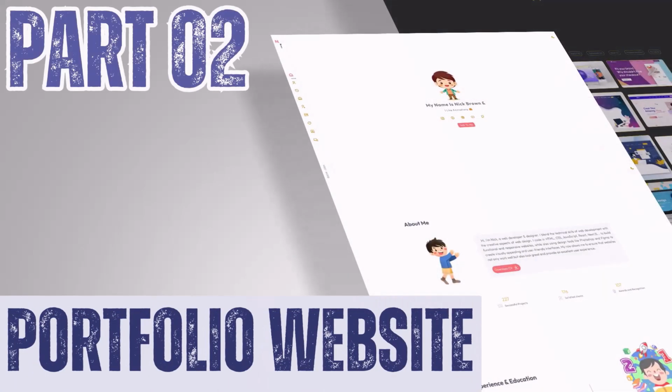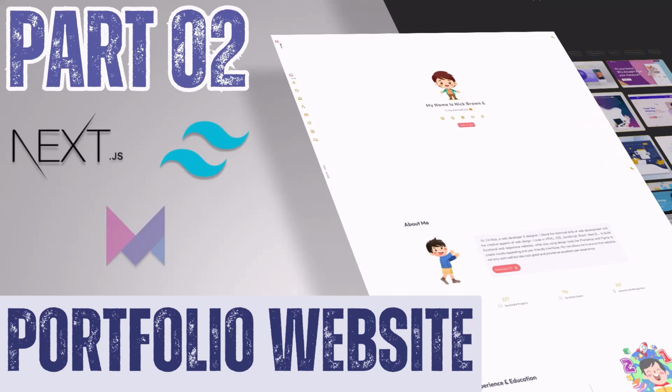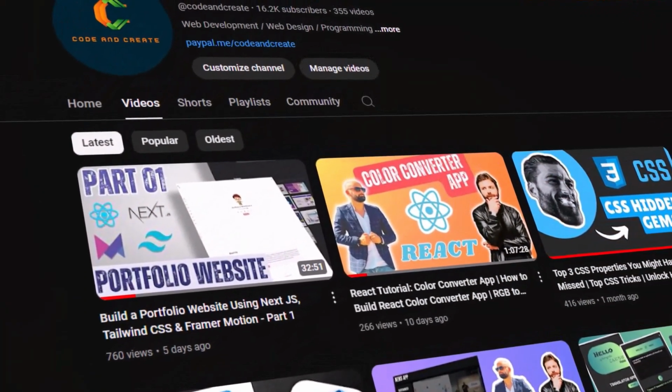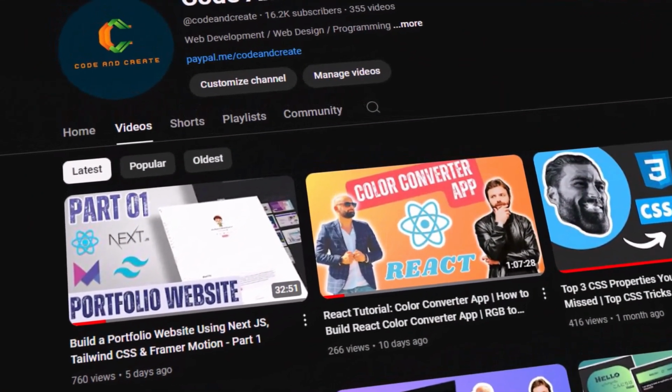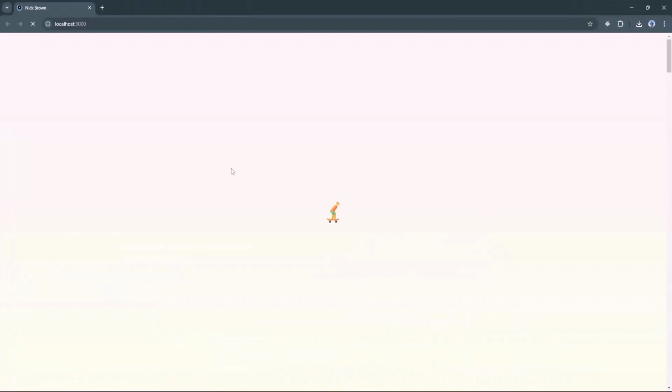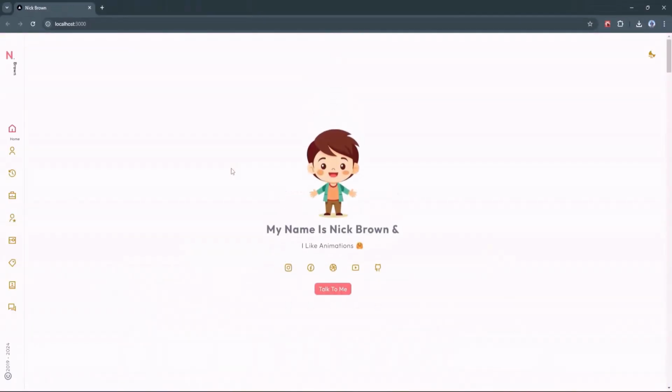Hey everyone, welcome back to the second part of our series on building a stunning portfolio website using Next.js, Tailwind CSS, and Framer Motion. In the last video, we set up our development environment and organized our project structure to lay a solid foundation for our website. Today, we're going to take it a step further by creating the hero section, the centerpiece of your website's first